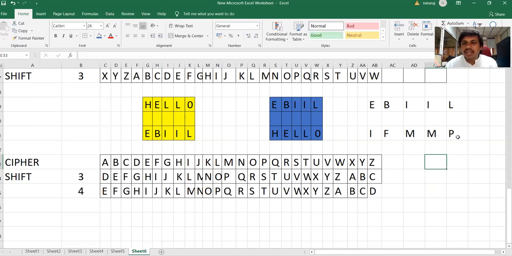So in order to have the correct plain text, you should give the right key. The key should be the secret between two persons. Say a person needs to communicate with another person saying hello, not as HELLO, but by encrypting that hello. What he will send is EBIIL. He will send that information, and the secret code is 3.